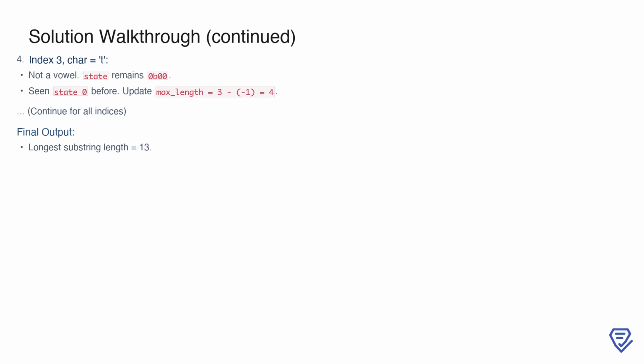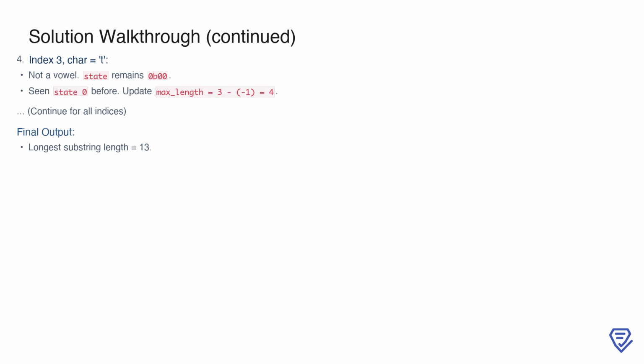Whenever we encounter a vowel, we toggle the corresponding bit in the state, and if the resulting state has been seen before, we calculate the length of the substring between the first occurrence of that state and the current index. At the end of the traversal, the maximum length of a balanced substring for this input is found to be 13. This result demonstrates how efficiently the bit masking approach handles the problem by leveraging the parity of vowels and